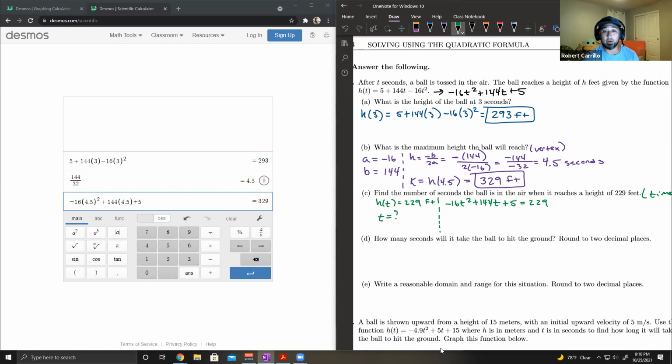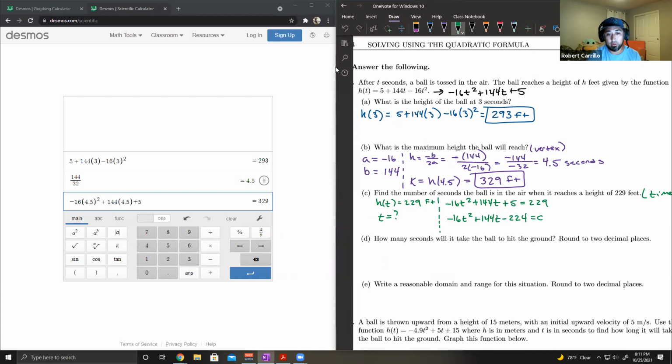And now we're going to solve for t. Of course, this is going to use the quadratic formula. So you have to subtract this over to the left. If you do that, you'll have negative 16t squared plus 144t minus, and 5 minus 229 should be negative